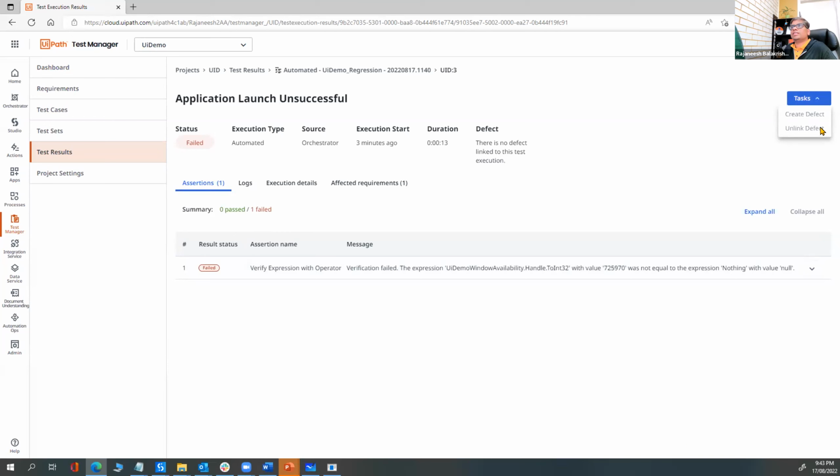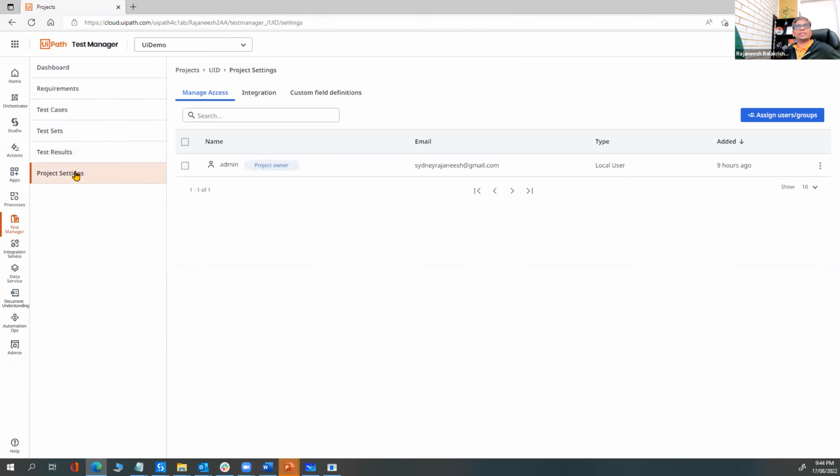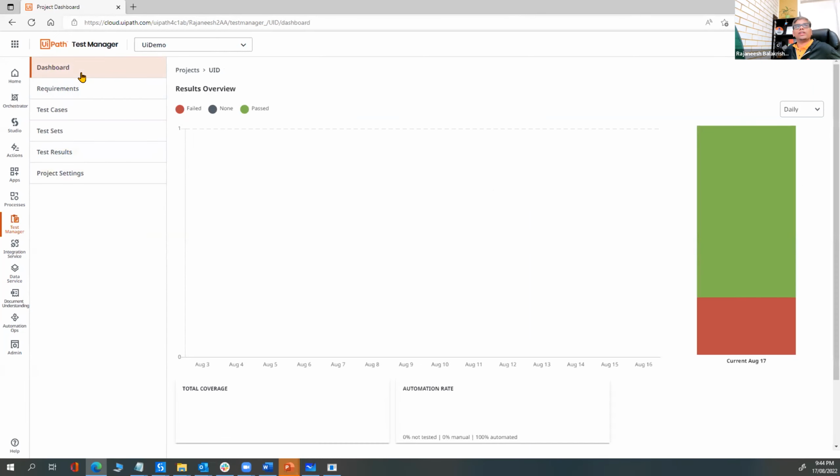And at this time, I would like to create a defect. I don't know why I am not able to create a defect from here. I suppose it's because of the community edition, but in the enterprise edition, I believe you would be able to create this, and it would be straightforward and easy to trace your backward traceability as well. And finally, we'll go to the dashboard and see the automation rate is 100%, because